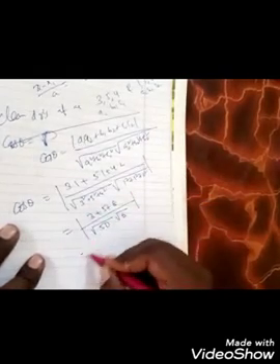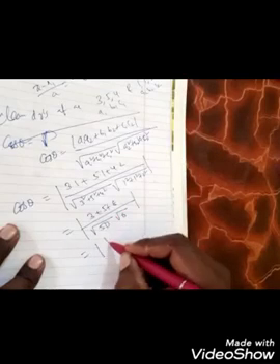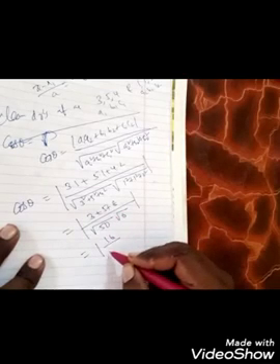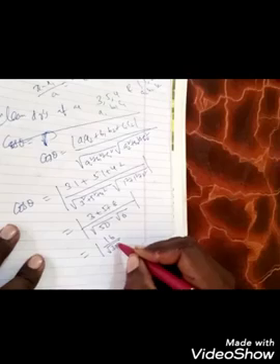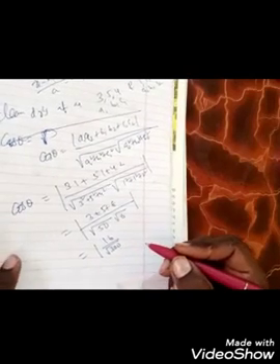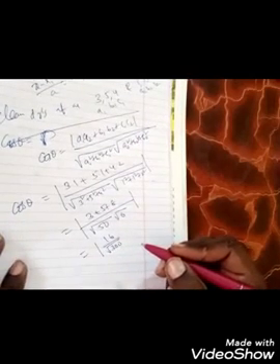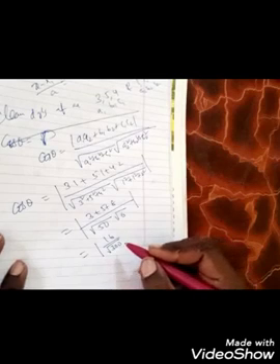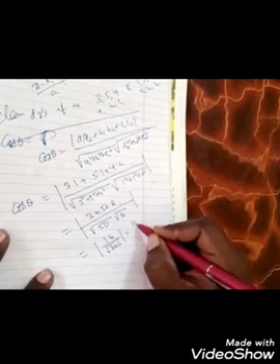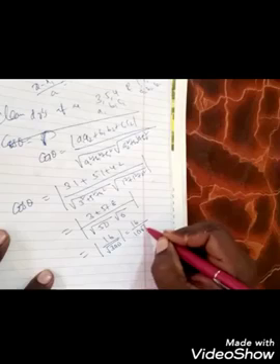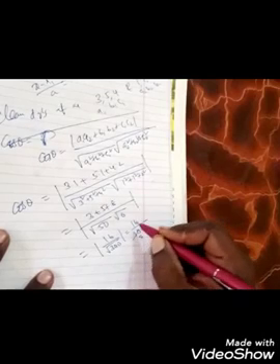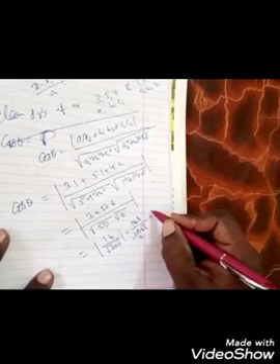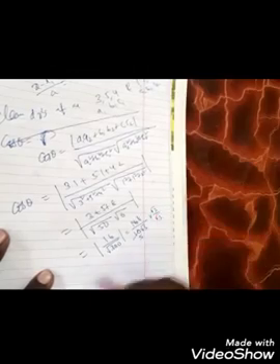This is nothing but 16 by root of 300. Otherwise you have to separate that one. What is the perfect square in this? You are going to get 100 times 3. Therefore this is 16 by 10 root 3. This is 2 fives, 2 eights, and rationalize with root 3 and root 3. Finally, what you are going to get?